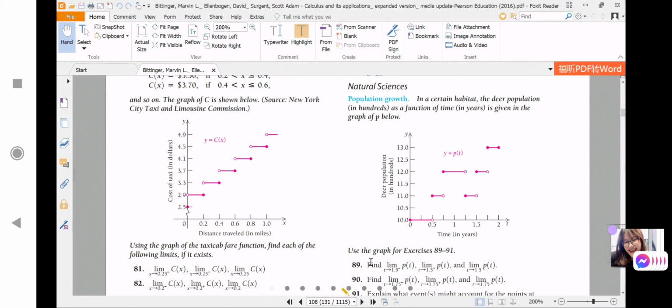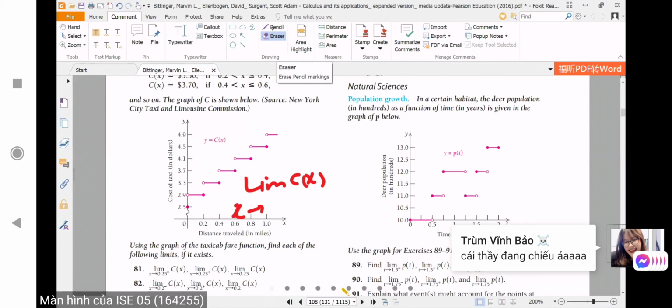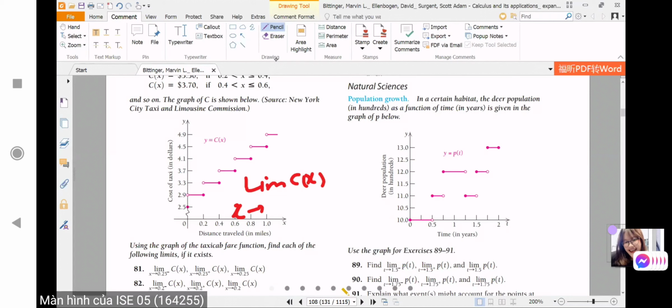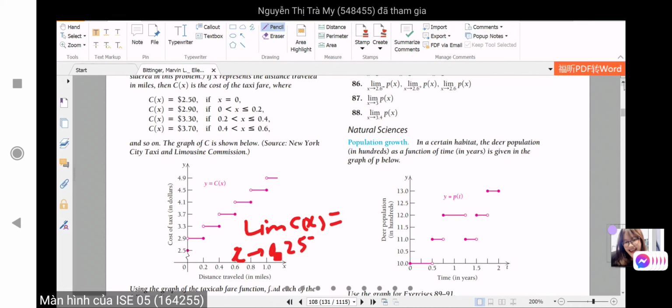What's the number? Limits of f(x) when x tends to 0 minus 0... I'm sorry, 0 point... 2.5 minus equals what number? 2.90. So 2.5, not 2.9,